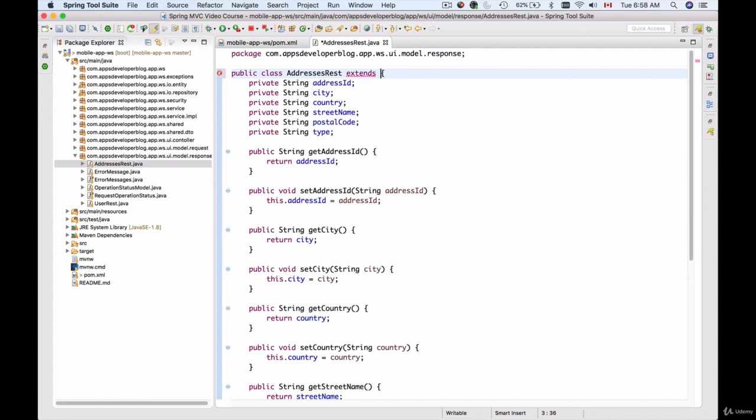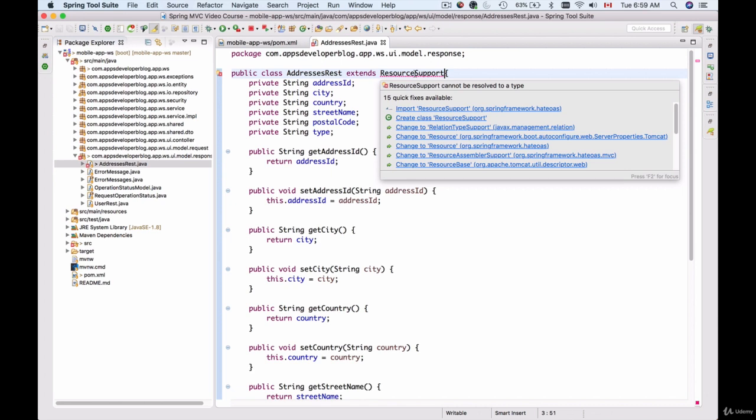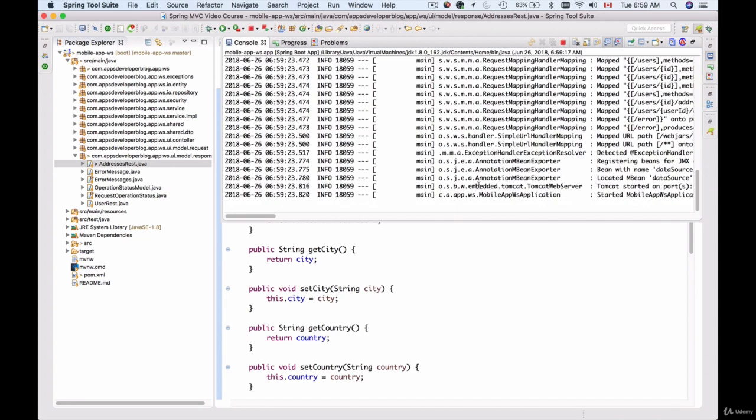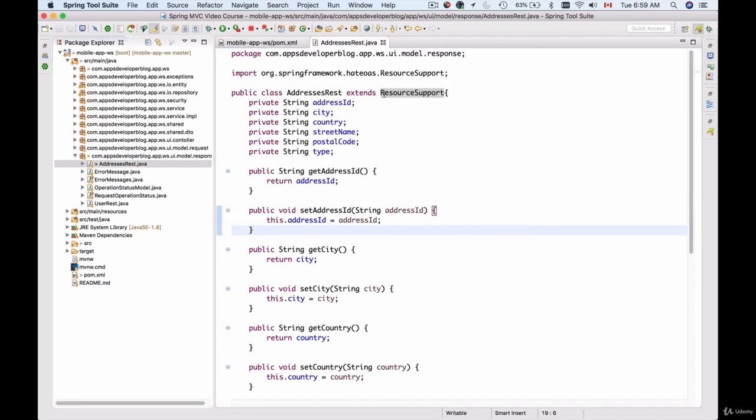And that ResourceSupport class comes from the Spring Framework HATEOAS package. So let me add ResourceSupport, and I should be able to import it once the dependency is downloaded and added to my project. So I will import ResourceSupport, save it and run my application. Okay, my application is up and running now,